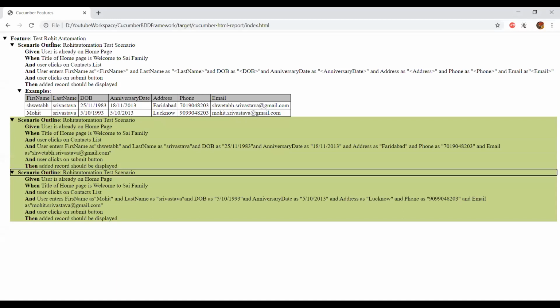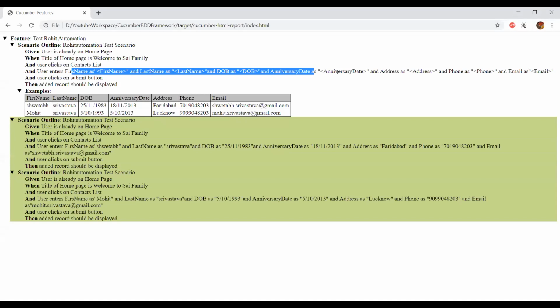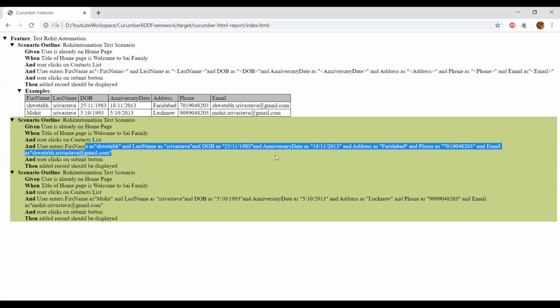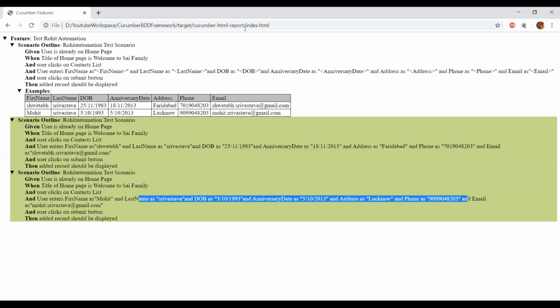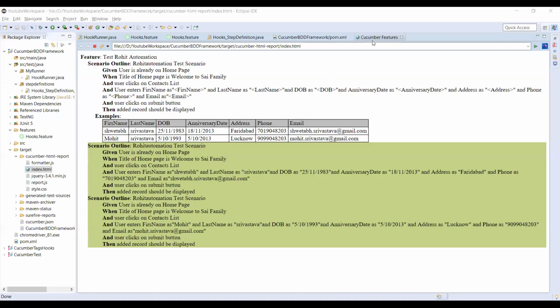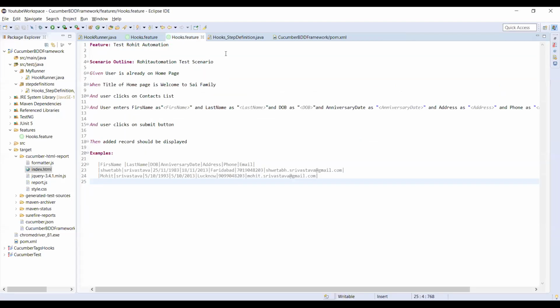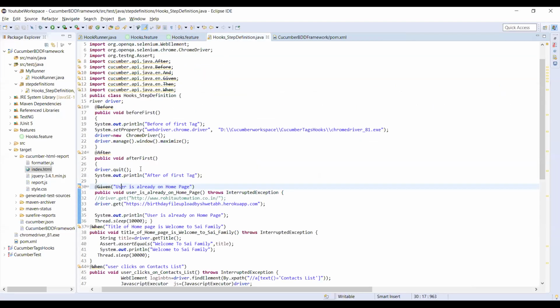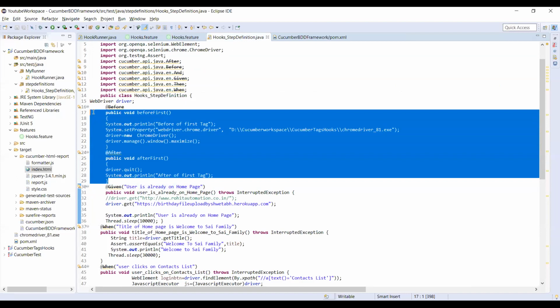Feature file, then scenario name, and then given, when, then, where the user enters this record, and it is the data parameterizing: first record, second record, and the output: first record is this, second record is this, and the test case is successful. So like this, we can see our output.